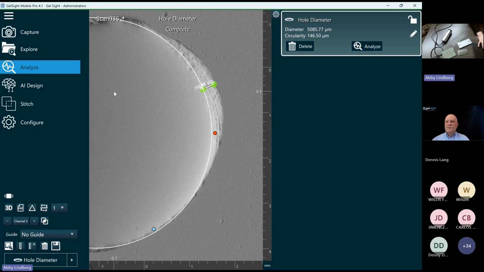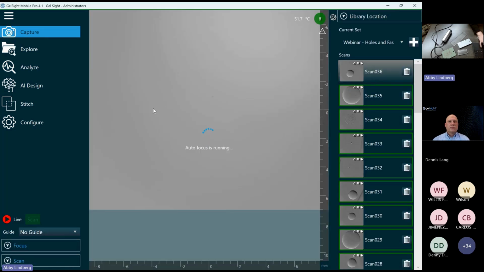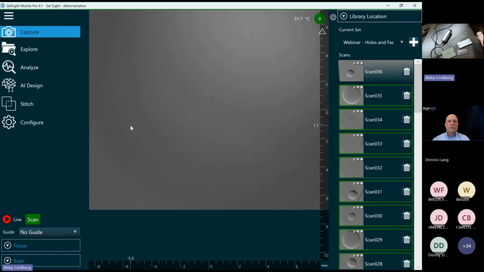So another example of issues that we see with holes are just defects on the edges of holes. And that can be something that's challenging to measure with other systems, especially with getting the depth of field right for that. So for that example, I have another sample here. We'll look at this, just visually, it looks fine, but when we take a scan, you'll see